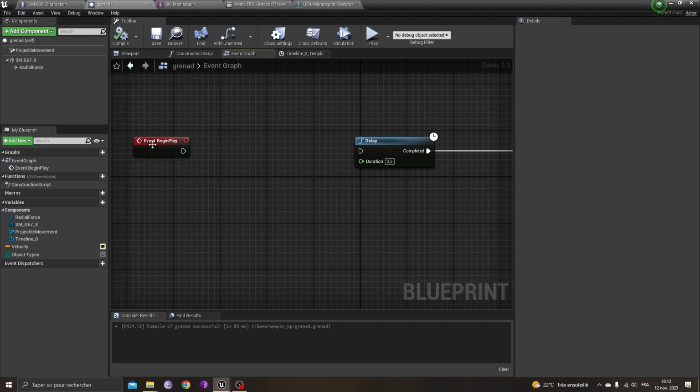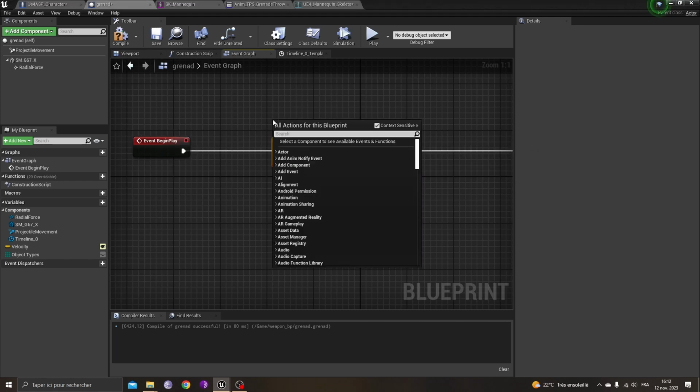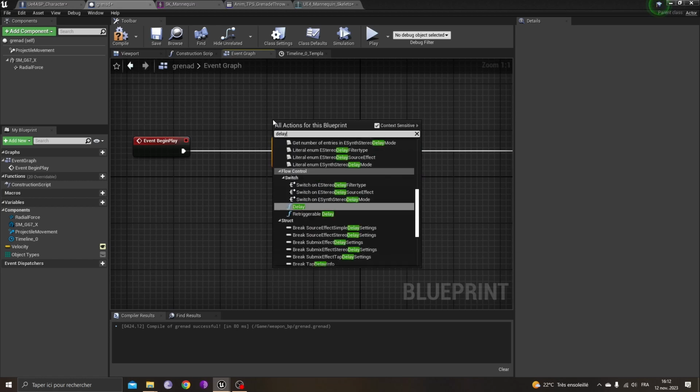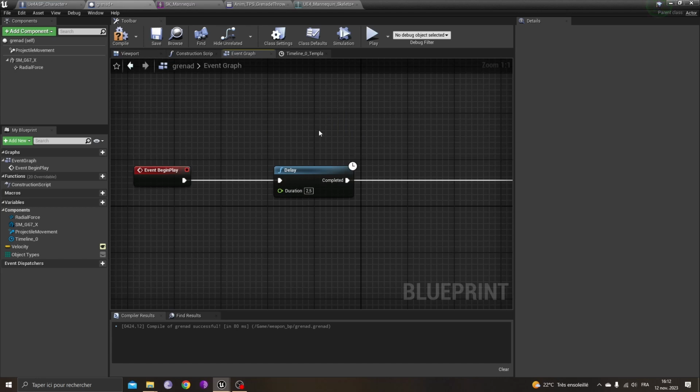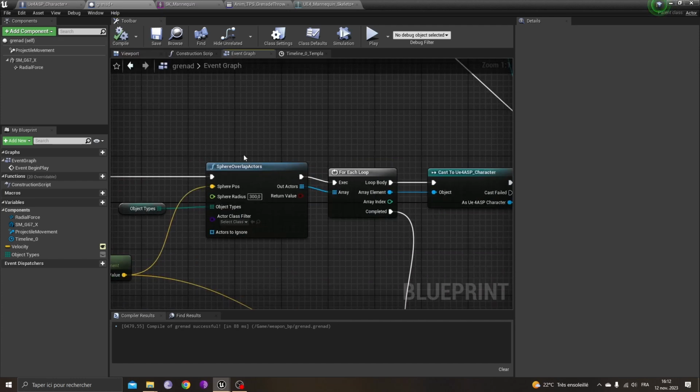on the event begin play, we will have a delay. We will make a delay like this. A delay, which is the time remaining before the grenade will explode or release smoke or flashbang. Okay, so we create a delay and then we use